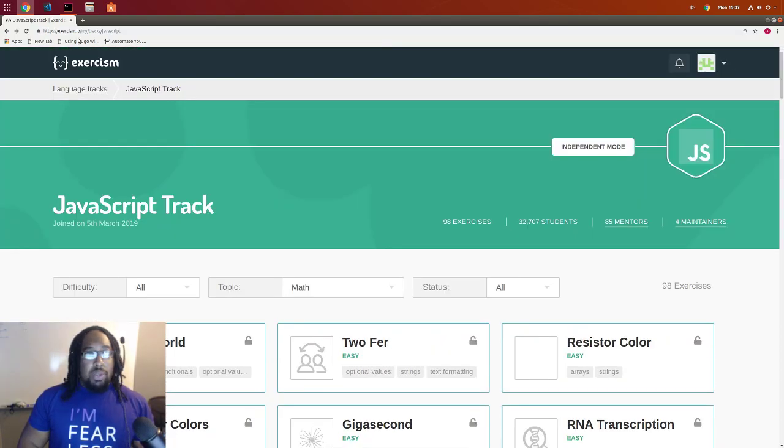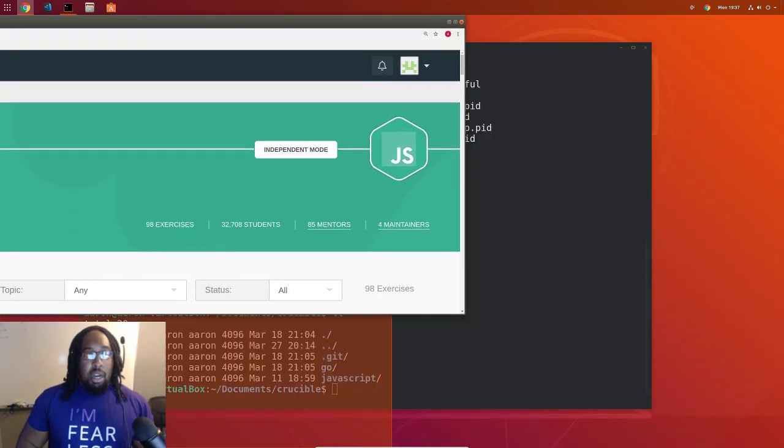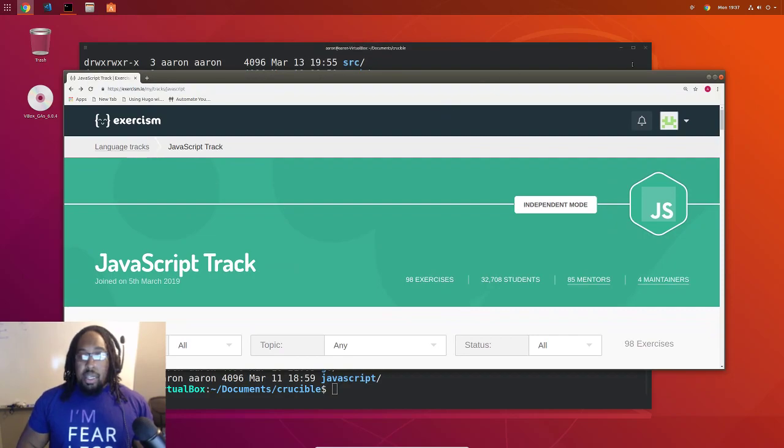Where did it go? Let's reload the page. I'm actually gonna pull it off screen so you don't see it. Let me grab it from, can I pull it off screen? Topic,